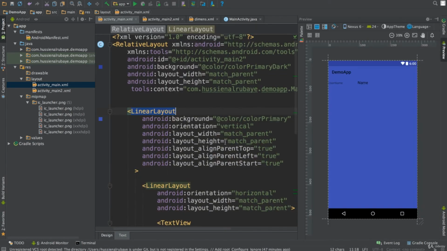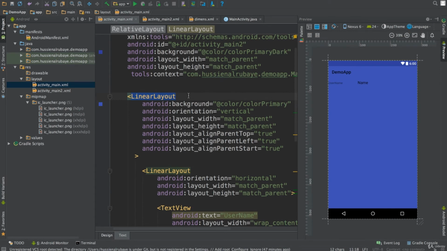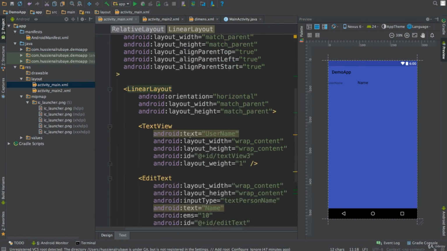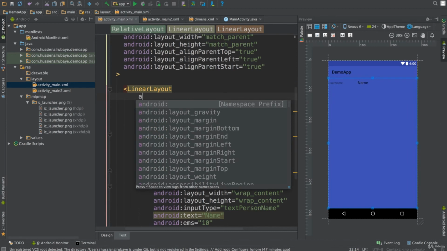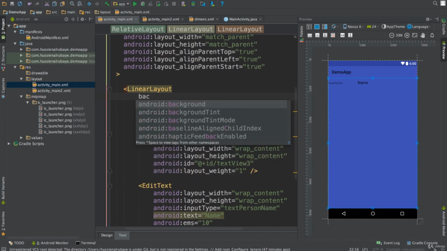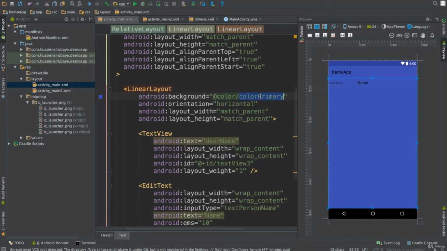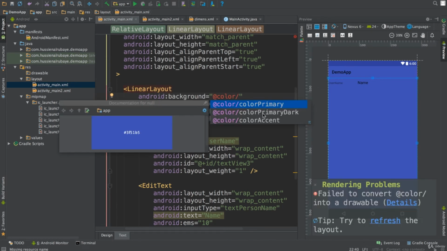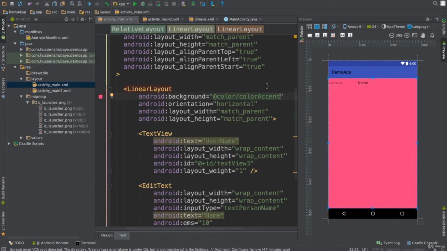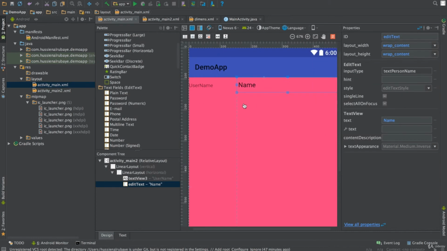To make my layout more understandable, just for teaching, I will give it a different color. I will give it a background color. I would give it primary pink. I hope, no, I have this color already, so I would select another one. Yes. Now if you see, even if it's one line, this line is taking all the screen, and that's not